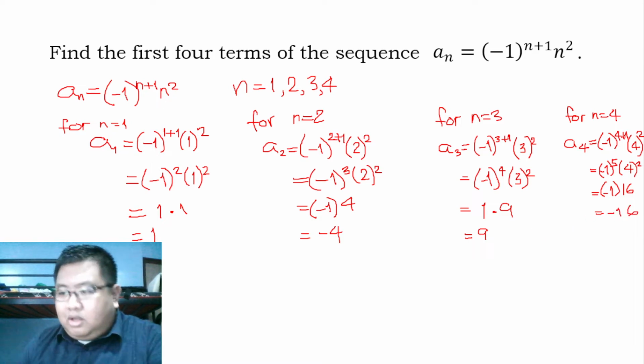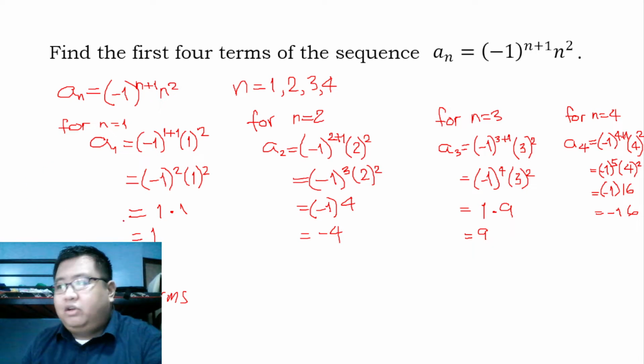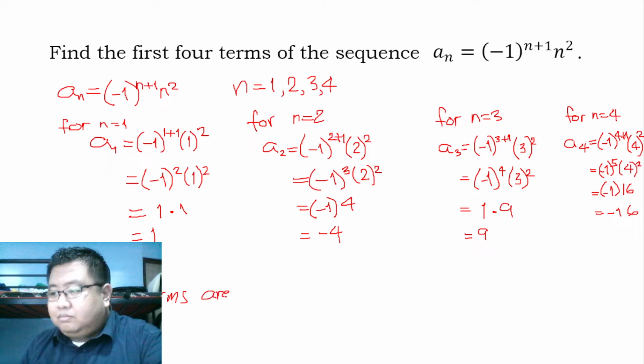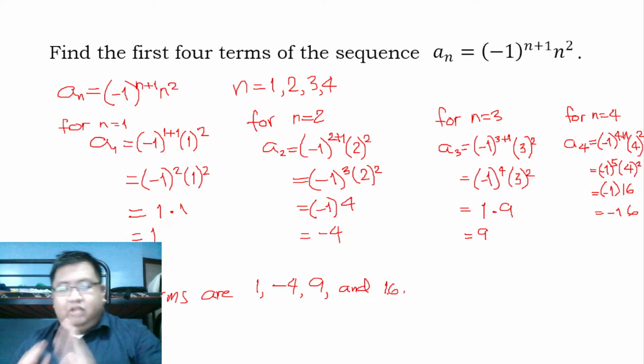So, in summary, to answer the original question, which is to find the first 4 terms of that sequence, the terms are 1, negative 4, 9, and negative 16. Remember to write your answers in order because